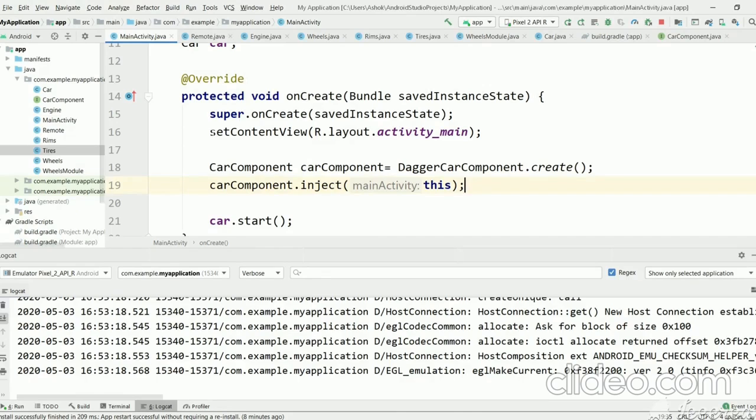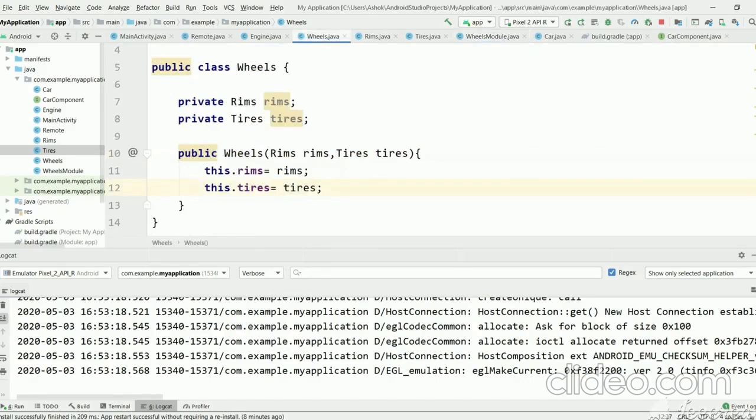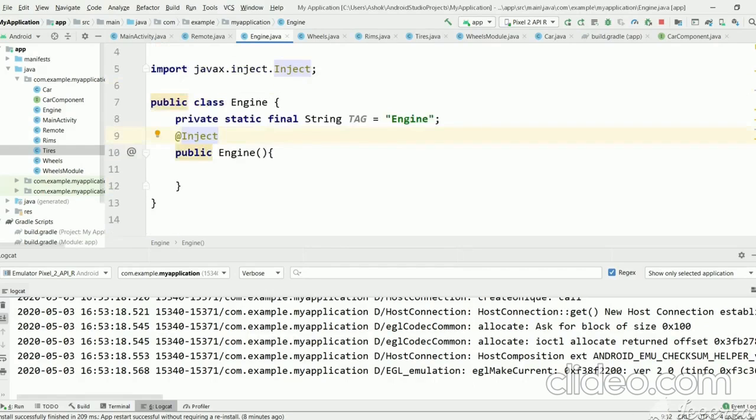Suppose a class belongs to a third party library, we have seen how to create objects of those classes using @Module and @Provides. And the main annotation for creating objects is the @Inject annotation on every constructor. So in this video we will see the creation of objects of implemented classes.